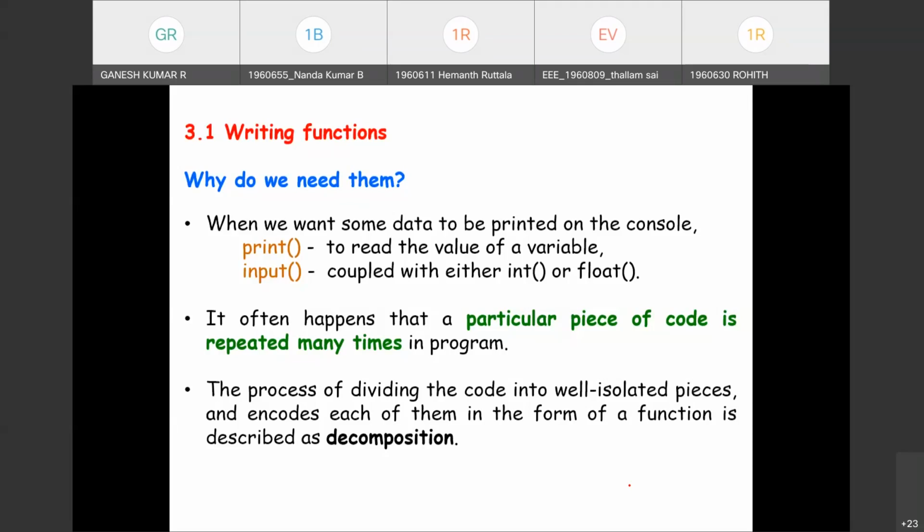So the work, the task, is divided into many pieces, well isolated pieces or sub functions. It could be a team, and every team is monitored by a responsible person, a group of 6 or 7 people, and they take care of everything. So finally they report to the chief, right?